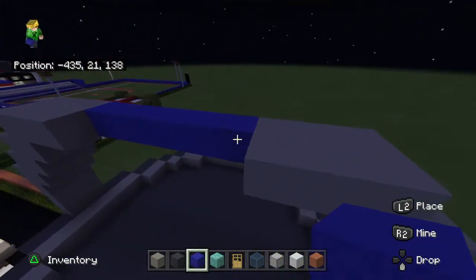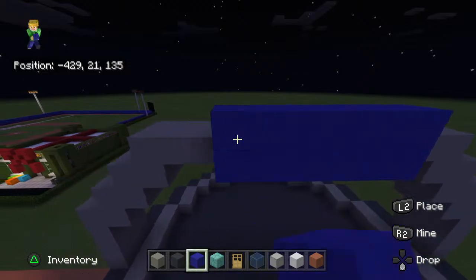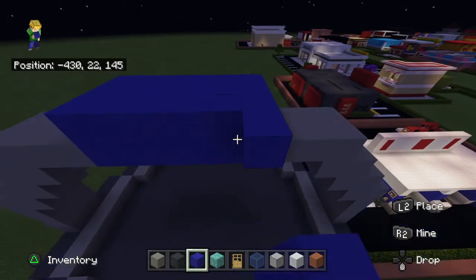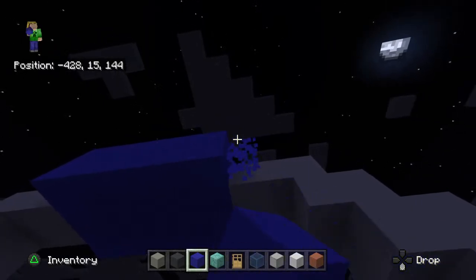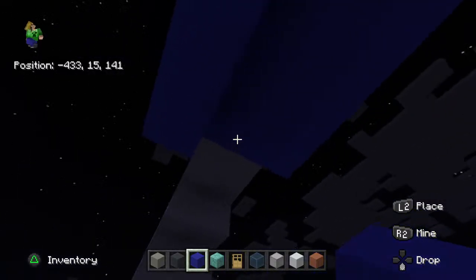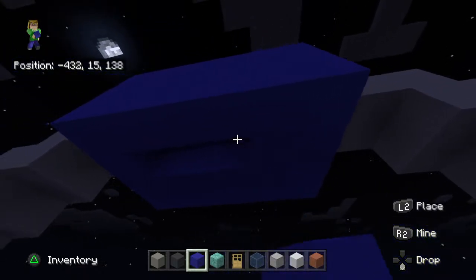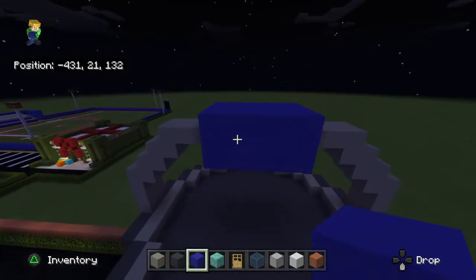like this. We then want to extend a row of blue concrete all the way around, front to back, the original row of blue concrete. So the best way that you can think about it is that you want to encase the original row of blue concrete in blue concrete. Just like this, you've taken those 2 original rows and gone all the way around, almost as if you've wrapped